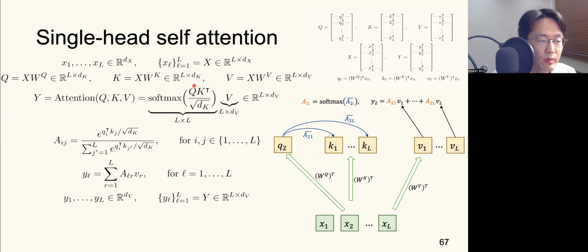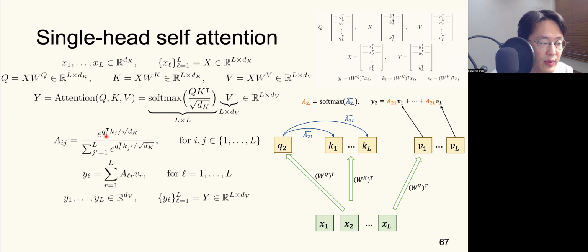So let's do that. Q times K transpose, that's a matrix. If we consider the ijth component of Q times K transpose, the I comma jth component of that matrix, I comma j can range from 1 to L individually, because Q times K transpose is an L by L matrix. That corresponds to little qi and kj being multiplied in an inner product. So you take the qi, kj inner product, then you divide by square root of dk for normalization purposes,